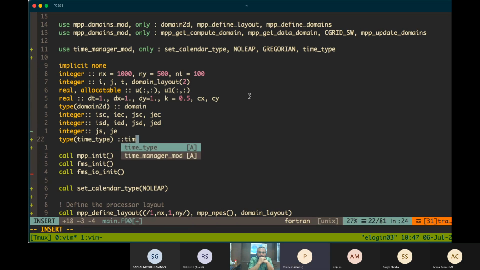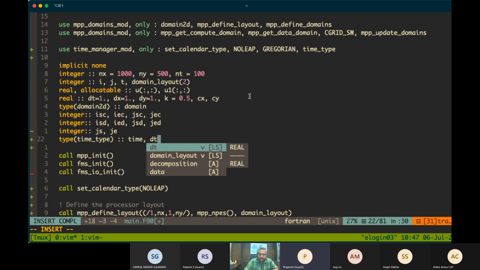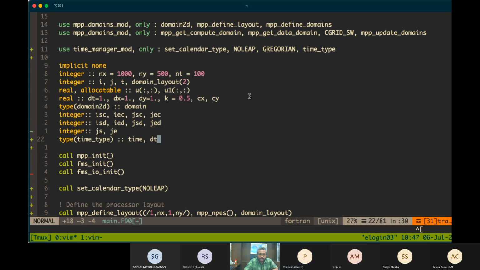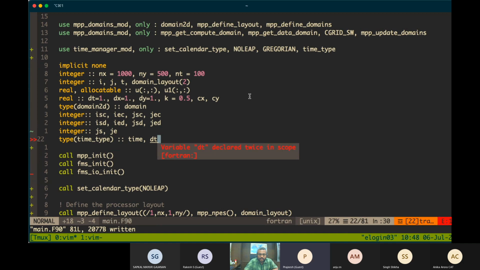Maybe we'll keep that just time. You also need a time type for the time step value. So I'll call it DT here, and all these are of the type time type. That's already defined.